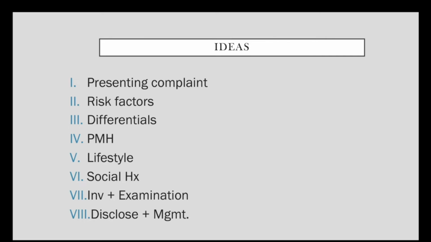When you're talking about investigation, it becomes very important that you say which particular investigation you are going to do. Unless you name that particular investigation, you might not get the result from the examiner or the patient or the simulator who is there in the cubicle. Once you have got the examination, you have obviously formed your diagnosis or a provisional diagnosis. You disclose the diagnosis to the patient, or if you have not reached a diagnosis, give a differential diagnosis, and then further manage the patient.